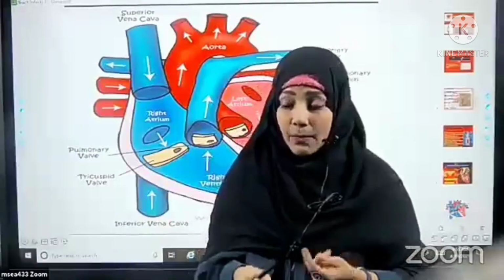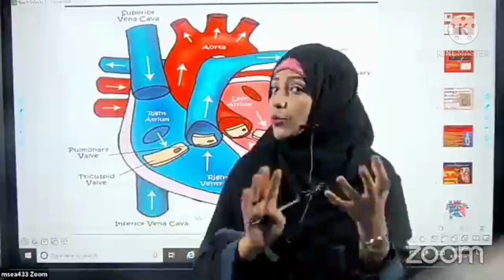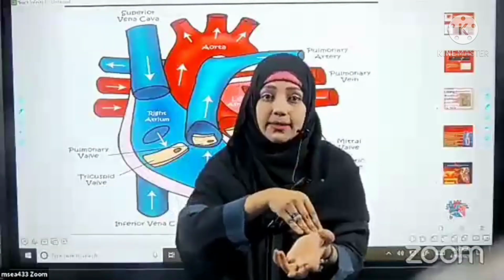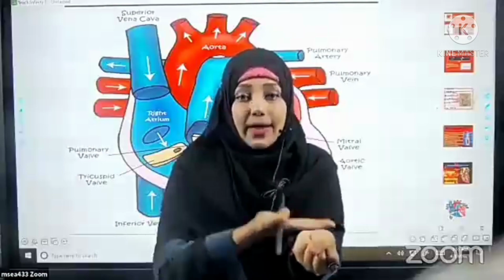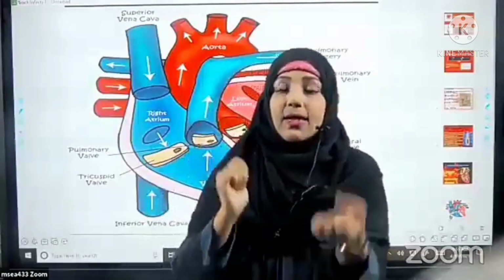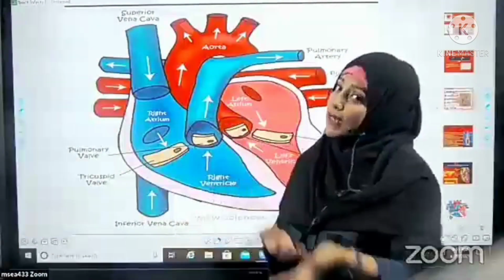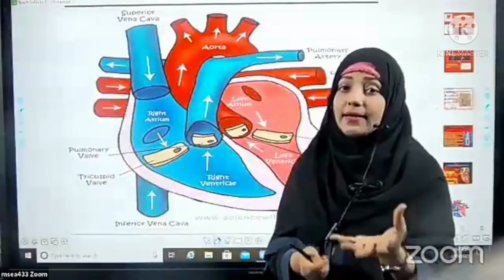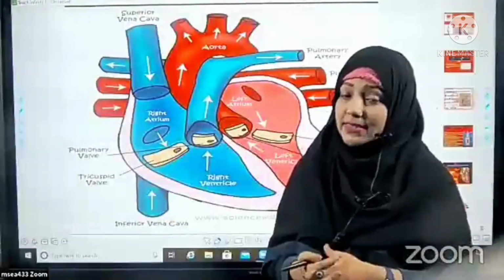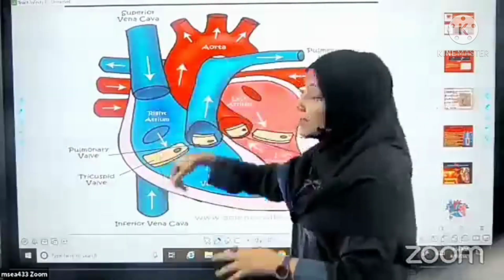Those are veins. But ma'am, what about arteries? Can we see arteries? No, beta. Arteries are deep seated. They are very deep seated, students. You cannot see them. Whereas veins are subcutaneous, just below the skin, so that you can see these blue colored lines. In people who are very fair, these lines are very easily visible. Exactly.